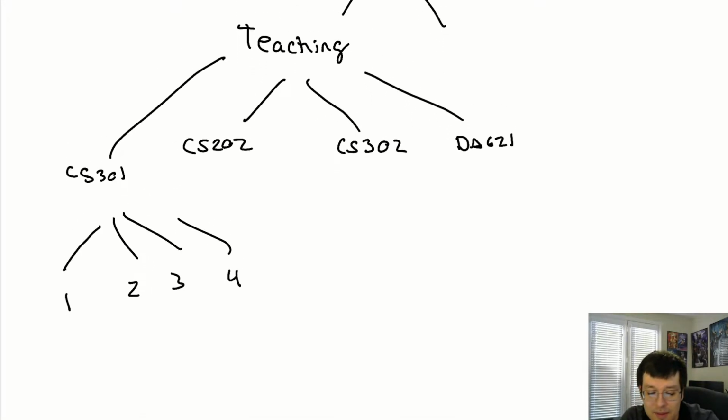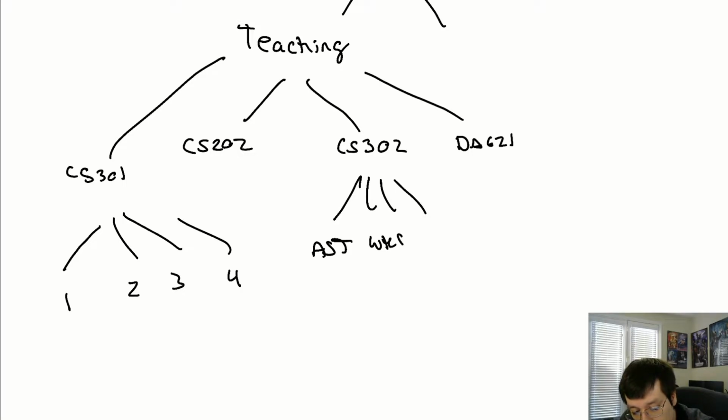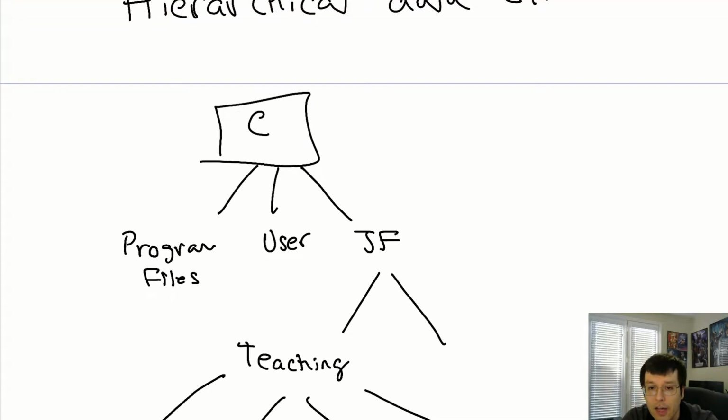But yeah, so this is the class schedule. But you, as a student, might have the same system except for the classes you're taking as a student, right? And you might have under here different folders for assignments, maybe for worksheets, and so on, right? So this structure is a hierarchy because